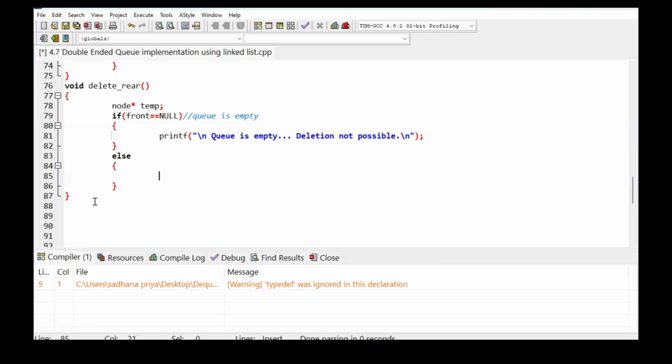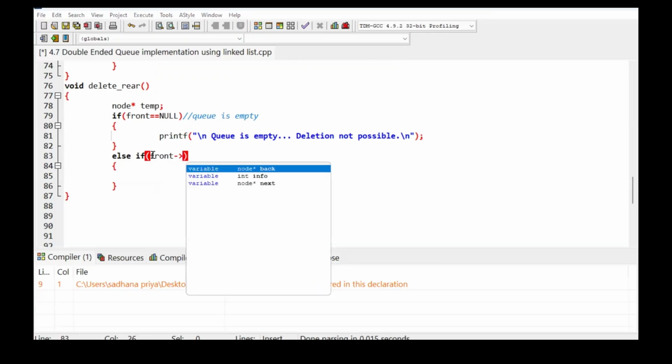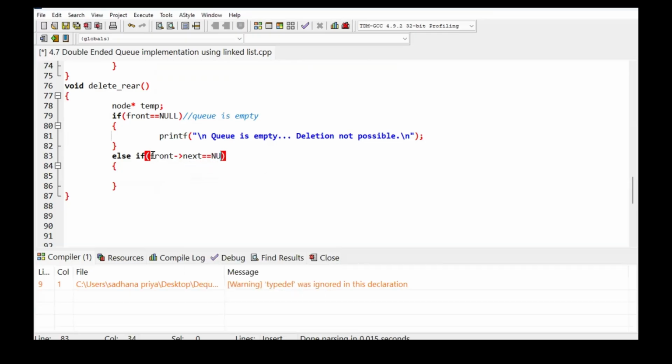We have to go to the last node. We have to consider that it is the last node, or there is a chance that it is only a single node. If it is a single node, then after deletion we have to make the front as well as the rear null. So we have to check another condition, whether it's a single element or not. How to check? If front next equal to null,